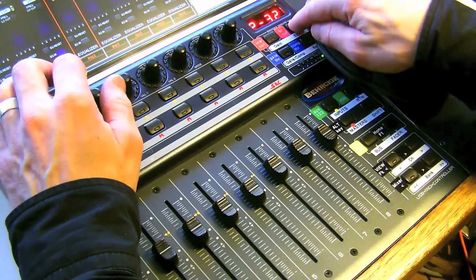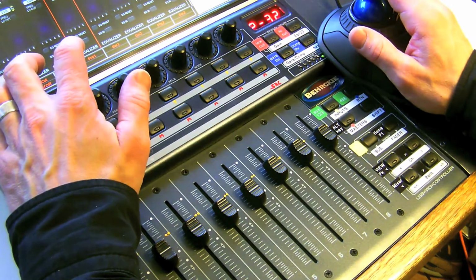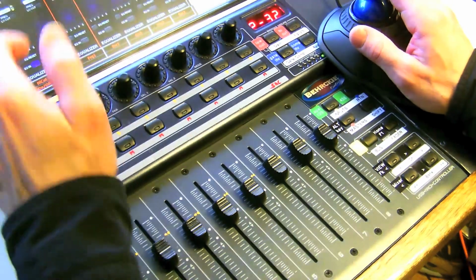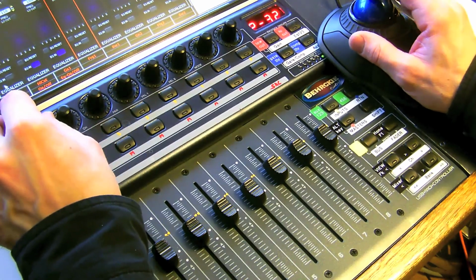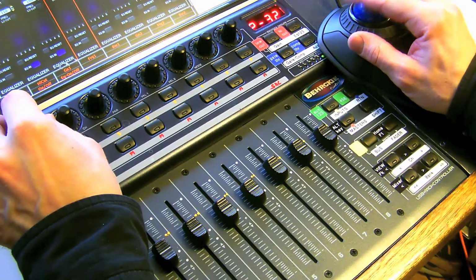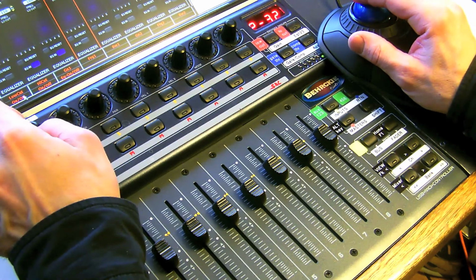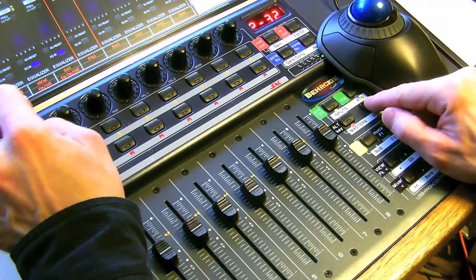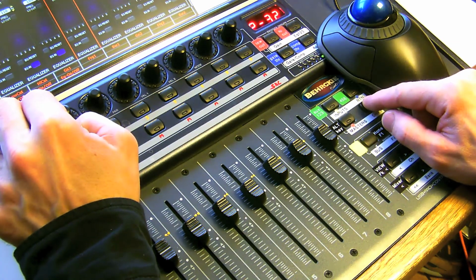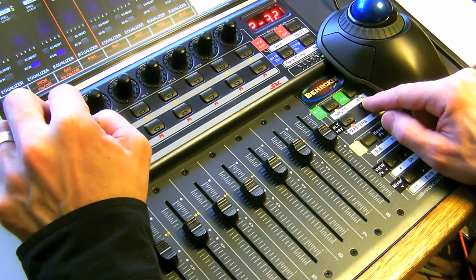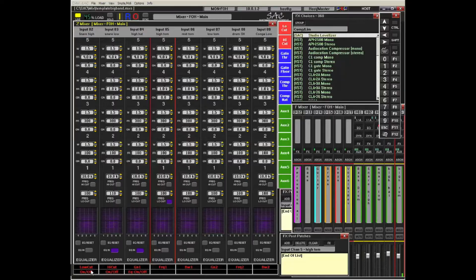Okay, now the EQ is only a channel strip selected, so I'm only working on this channel. And what we have here is the instruction corresponding to the encoder. I need to press shift on, so I press on the low Q, the high Q, the EQ itself, and then I can affect frequency, bandwidth, gain